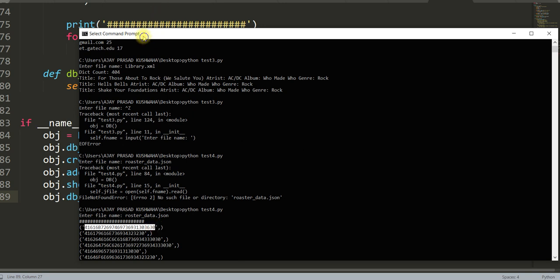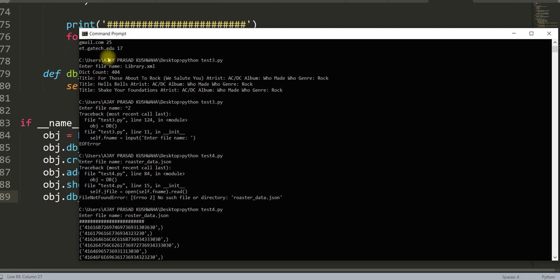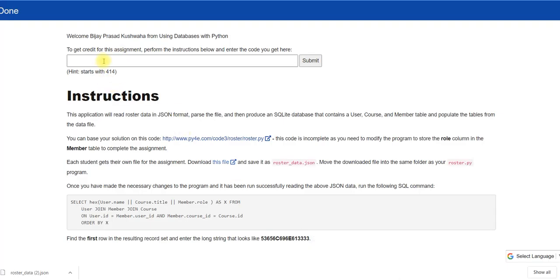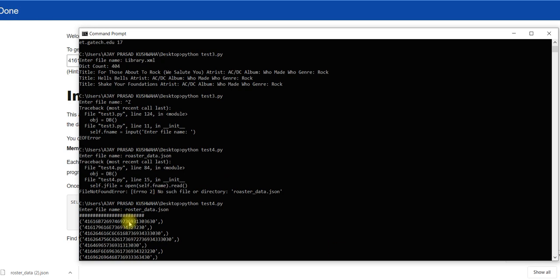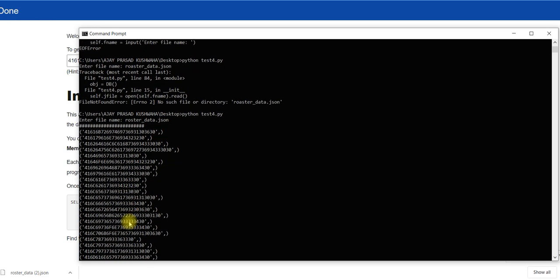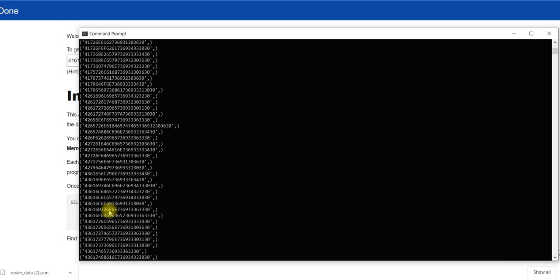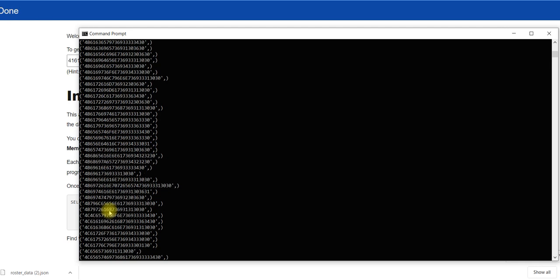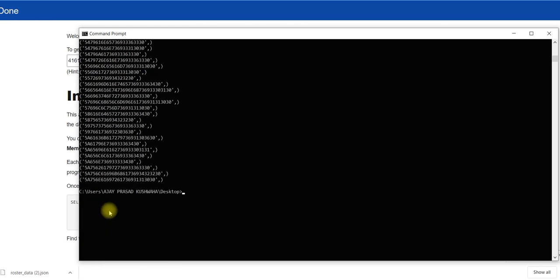Okay, then you go on top, right click, edit, copy. And coming to the assignment, you can see here the number will start from 414. 414. 416, okay. 414 is not there. Okay.